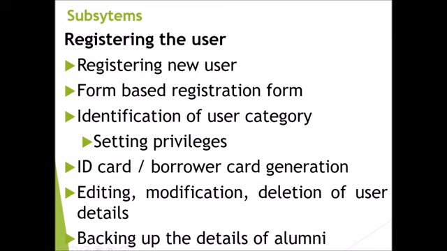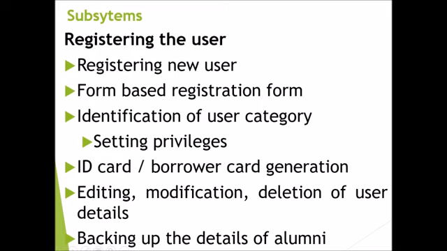And after entering the user details completely and saving the user record, you can generate the user ID also, which is important and needs to be issued to the user community, and you can take printouts of these ID cards. So that is an advantage of the automated circulation system.